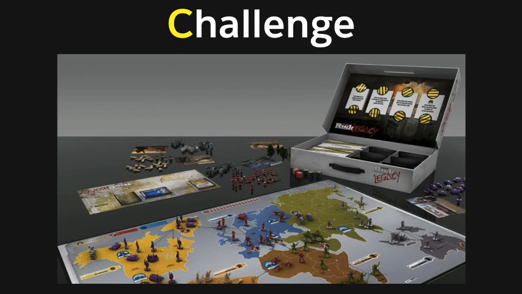And what this allows for is new rules to be introduced gradually, along with new components. It's a really effective way to teach a complex game by slowly revealing new elements during play. You do this in the form of stickers and then marking up the game board. But just imagine doing something similar on the digital experience, or even at work with clearly laid out goals on sealed envelopes during meetings. Open when someone achieves a milestone and introduce a new element or reward. This is something digital games have been doing a long time. But Risk Legacy was really innovative to be the first iteration of this style into the analog world.